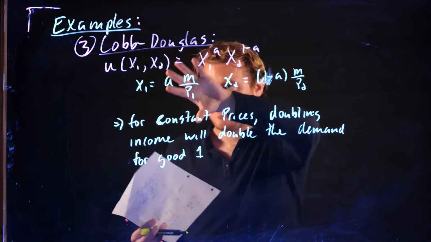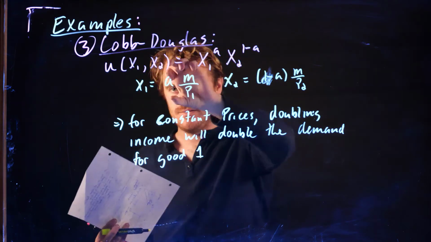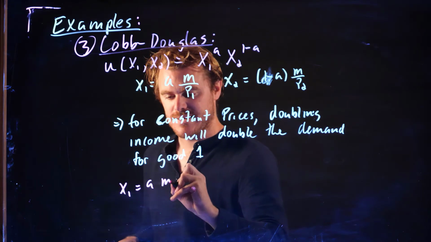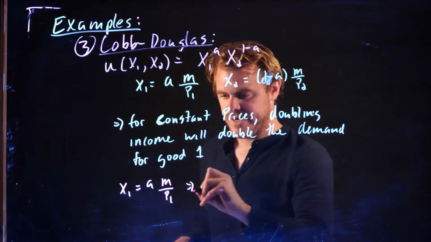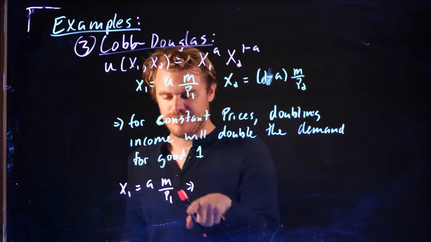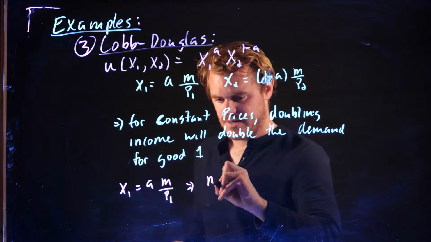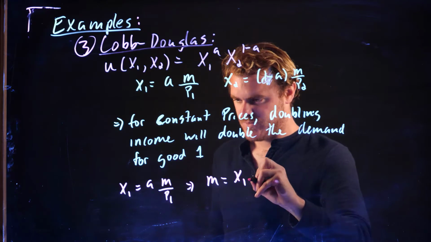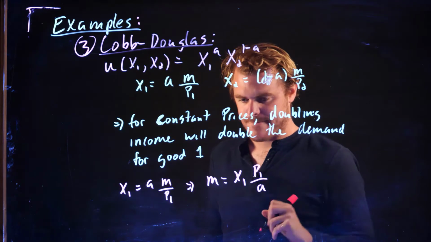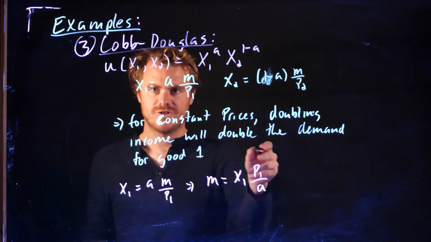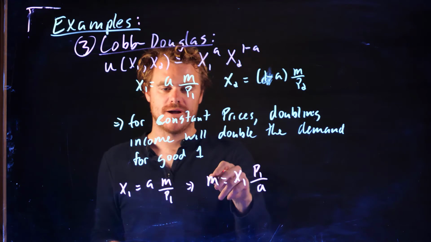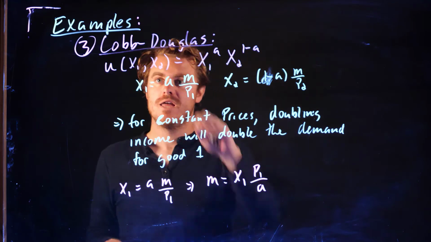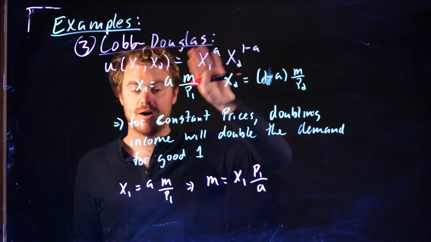Okay, so we can do what we usually do with the demand function. We can rearrange it. So we can write it out again: x1 equals a times m over p1. We can rearrange it so m is now a function of x1. And if we do that, we just multiply by the inverse, and we're going to get x1 times p1 over a. And this will be useful when we draw that Engel curve that we've been drawing before, making sure that this is our y variable, this is our x, this is going to be the slope of the Engel curve. But let's erase this, we'll draw out our income offer curve, and then we'll draw out this Engel curve